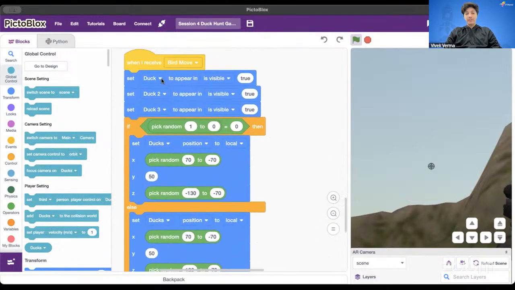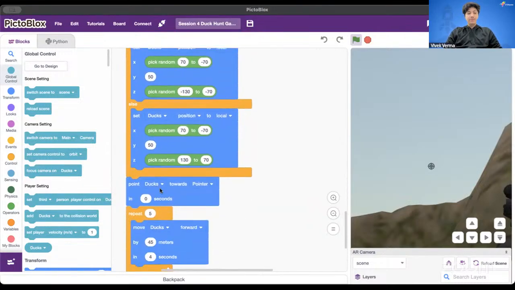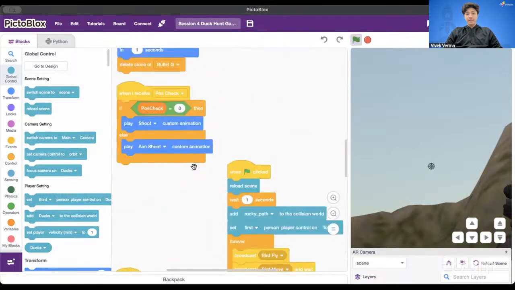So for this, we are making them first visible, asking the flock of ducks to pick a random position from these two, then make them move towards the pointer, which is the empty group that we created. That means after pointing them, make them move forward. You can, of course, increase or decrease the speed from this particular area and then make them move forward in 4 seconds or 3 seconds, determining your values, how much you want to do. And with that, we also did